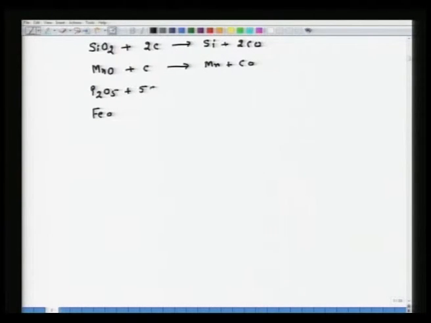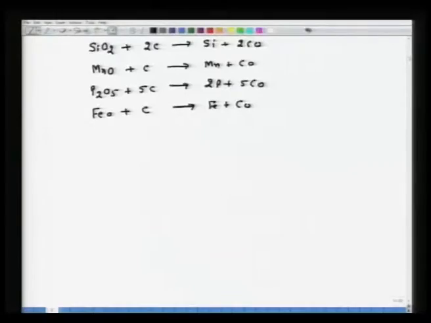P2O5 plus 5C gives you 2P plus 5CO, FeO plus C gives you Fe plus CO. So, all these reactions occur between the belly and the Bosh region, the temperature being very high,